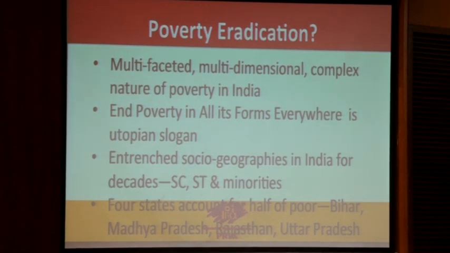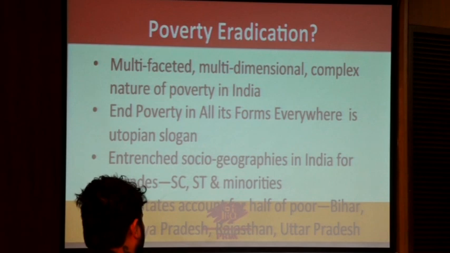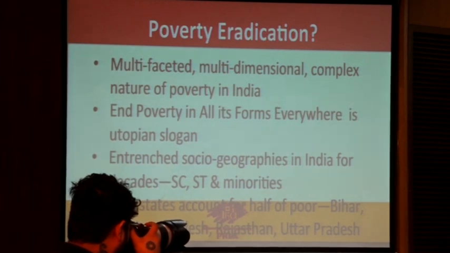It is true, and thank you, Vijay Kumarji, for showing that lovely map. That map hasn't changed significantly in the last 40 years, by the way. I call this entrenched socio-geographies in India for decades. And the first studies that happened on that map were in the 1960s. At that time, they were called Bimaru and included a large number of states, some bifurcated, trifurcated since then. Some people would continue to include Odisha, some would drop it out. But the fact of the matter is that